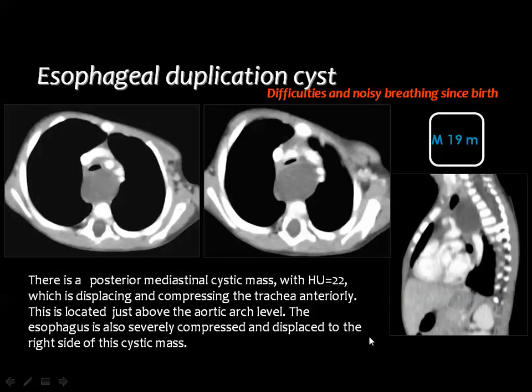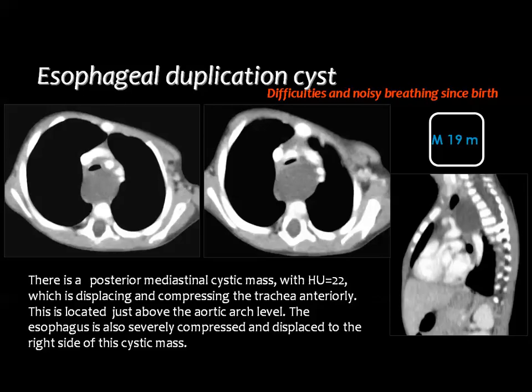Then this is a CT of a 19-month-old boy with a cystic lesion in the mediastinum related to the site or the course of the upper esophagus. And the lesion compresses and displaces the trachea as well as the vessels in the mediastinum anteriorly. You know that cysts in the mediastinum can show the 7 criteria of simple cysts all over the body, including